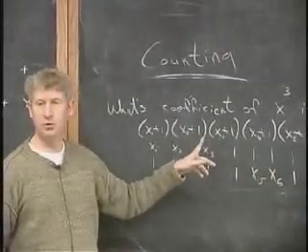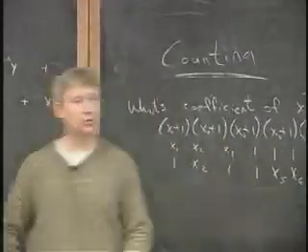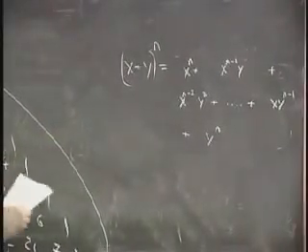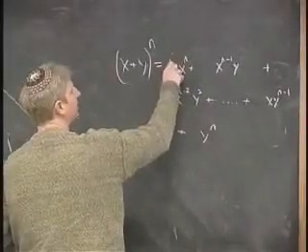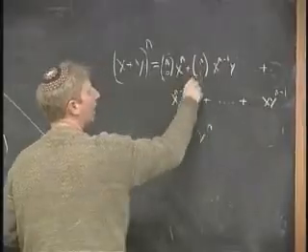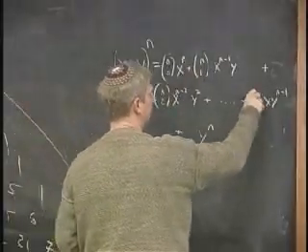Remember here, in front of the x cubed 1 to the 4th term, we got 7 choose 3. So the binomial theorem tells you that this is general. And here's what comes in front of each of these terms. In front of here comes n choose 0. In front of here comes n choose 1, n choose 2, n choose